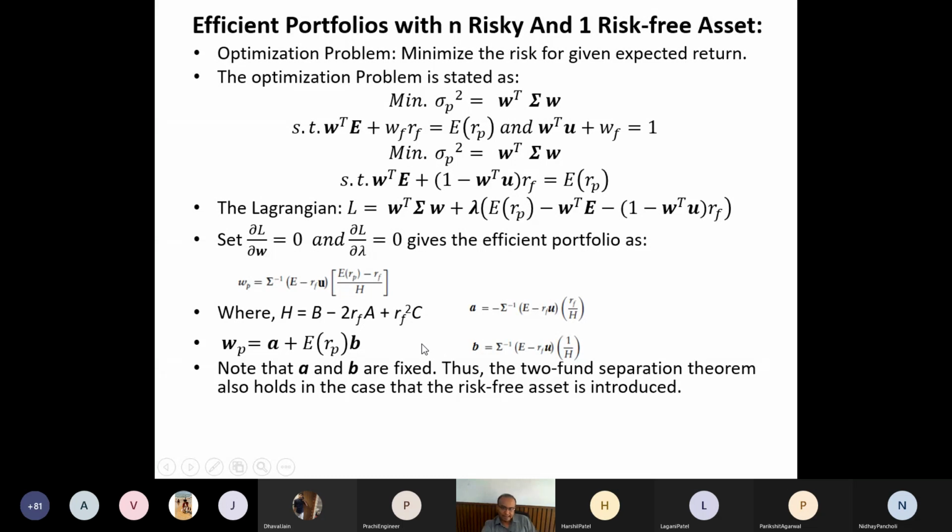So whether we have only N risky securities or N risky plus a risk-free asset, the MVL equation now changes to this CML equation, but the relation between ERP and WP remains linear. Previously it was the G and H vectors, here the constants now become A and B to include this RF in the equation. Earlier we did not have this RF. If you take RF as 0, it will give you the same thing that we had earlier. So we do not worry about the individual values of A and B. We should only know the nature of this equation. So whether we hold the risk-free security or not, the relation between WP and ERP is linear.